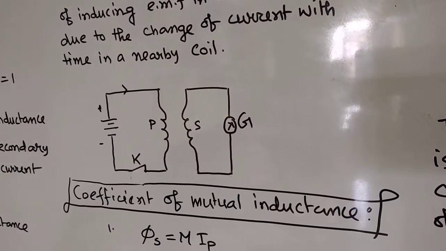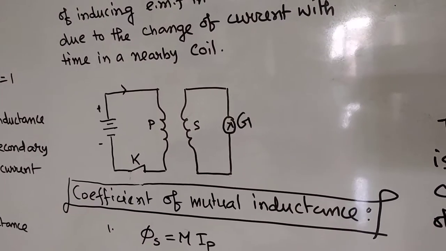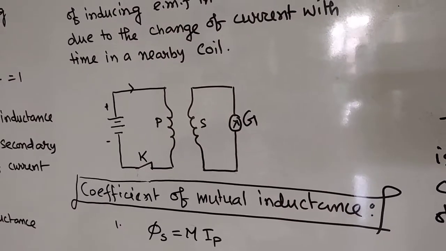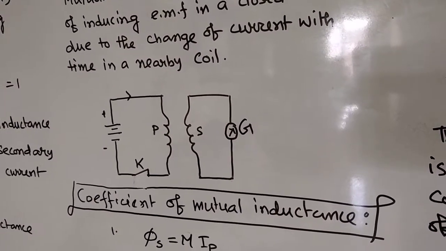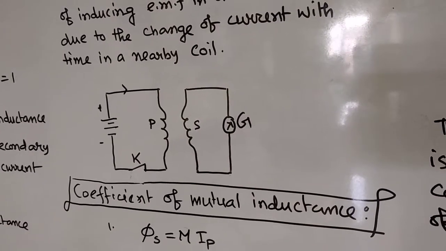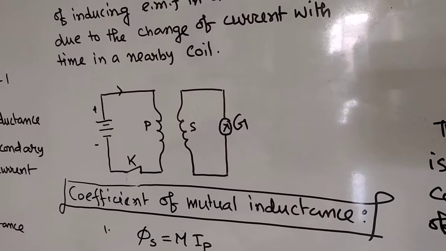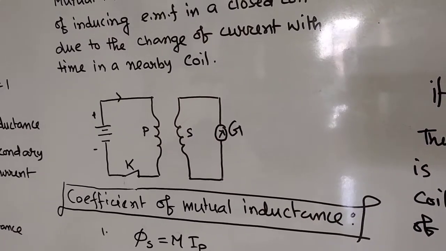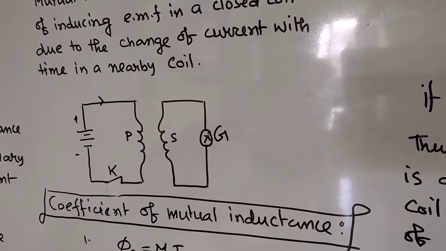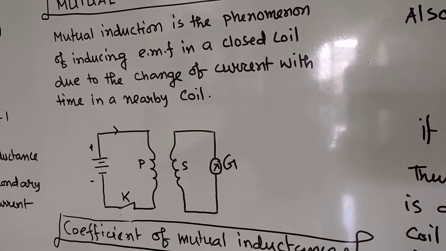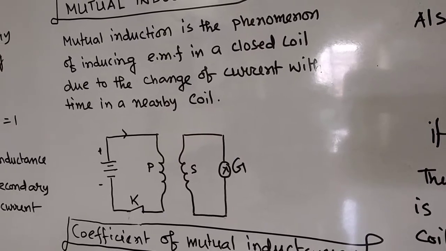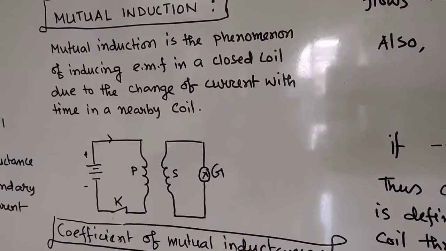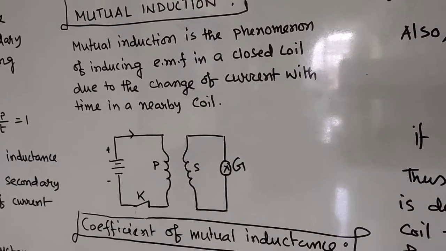So whenever there is an increase in flux in a coil or change in flux in a coil, what happens, basically induced EMF will come out as per Faraday's law, and induced EMF causes induced current, and as a result the galvanometer pointer will deflect. So this is your mutual induction, because the source is in one coil but the EMF is produced in another coil. That's why linkage occurs basically, and linkage here is your change in flux.